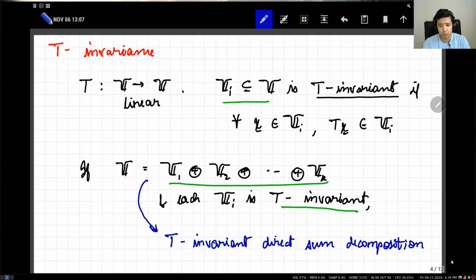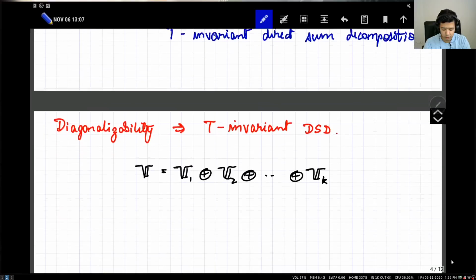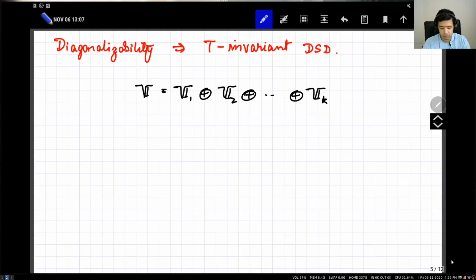And shortly we'll see why this notion of T-invariant direct sum decomposition is useful. So let's first look at the simplest example, one that we are all familiar with: diagonalizability. Suppose that a matrix is diagonalizable. Then a basis for V, or a basis for R^n, is simply the set of eigenvectors. So we can form a basis purely of eigenvectors,